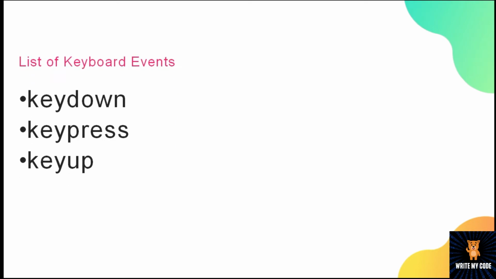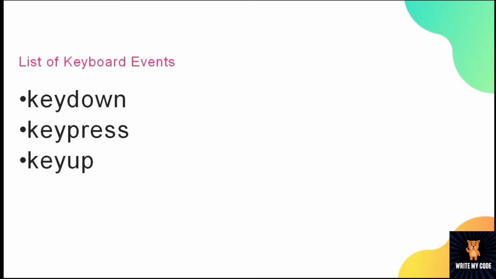Now basically there are three types of events: key down, key press and key up. Now from these three, the key down and key press are same. There is one main difference between the key down and key press. That is, using the key press event, some keys, that is Alt, Control, Shift and Escape, will not work. If we want to perform the task using these four keys, that is Alt, Control, Shift and Escape, we need to use the key down event.